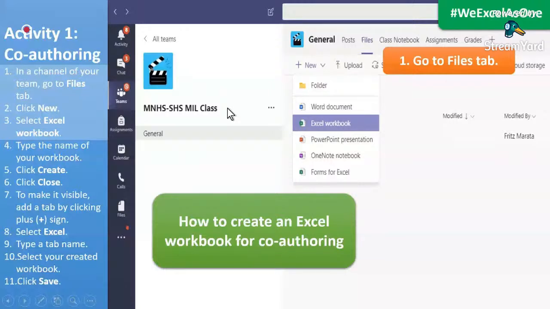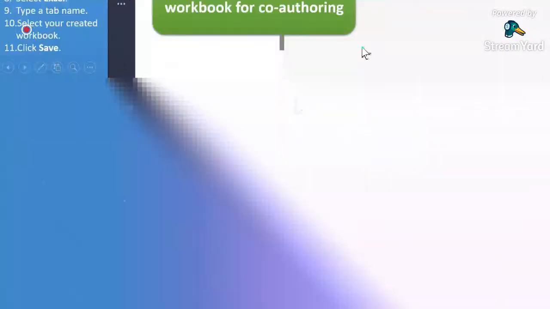So where can we locate Files tab? That is at the top. You have the tabs. Next to the general, the name of the channel, we have tabs like Posts, Files, Class Notebook, Assignments, Grades, and so on. All of those tabs that you added in your general channel can be found there. So there you can find the Files tab, the second tab. What you are going to do is to click that tab,